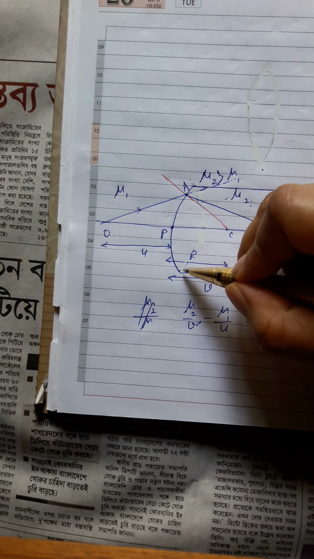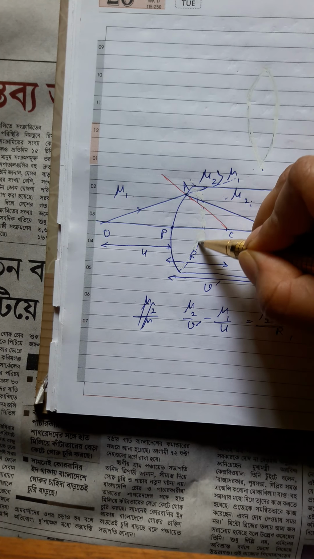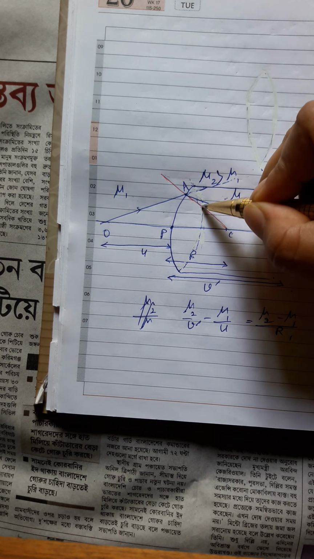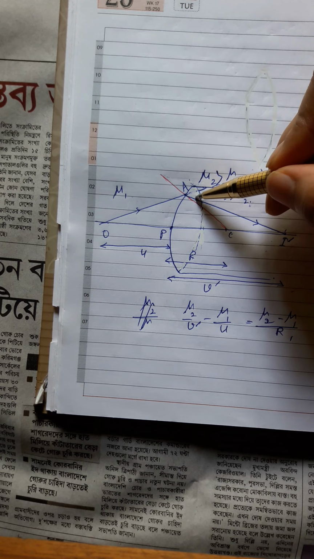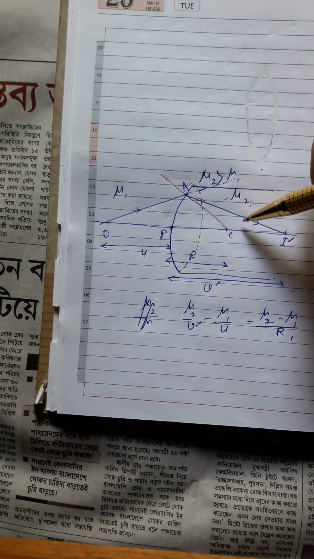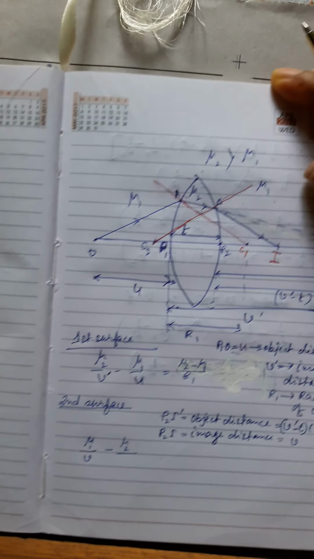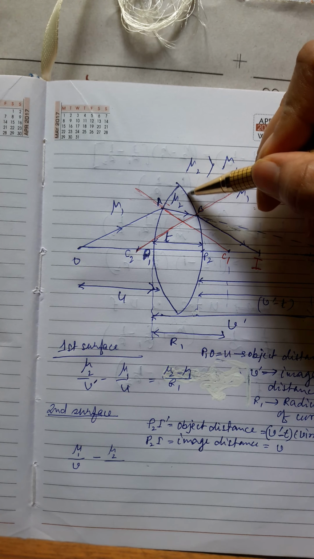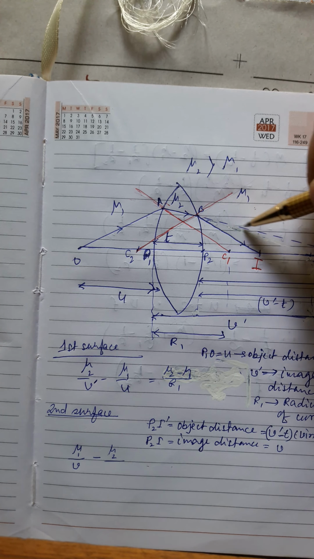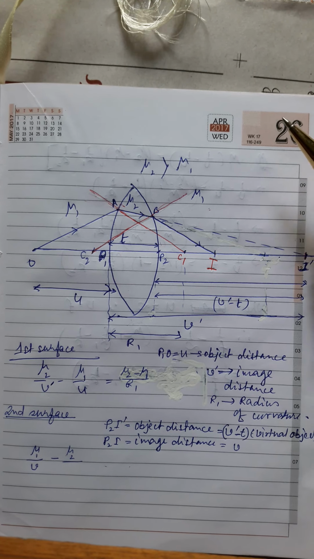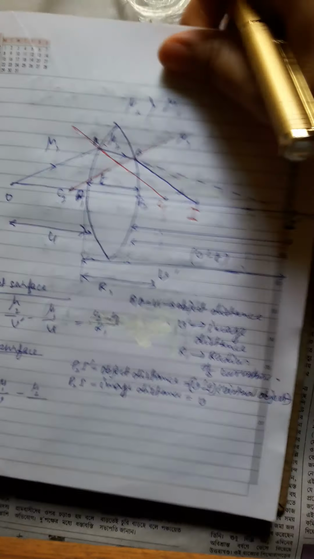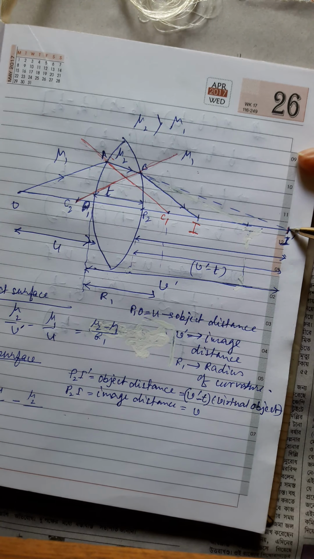Here I can imagine a second surface in this case. Then what will happen? Then the light ray will not follow the same straight line path. Due to the presence of the second surface, it does not follow this same straight line path. Clear? Then what will be the path followed by it?